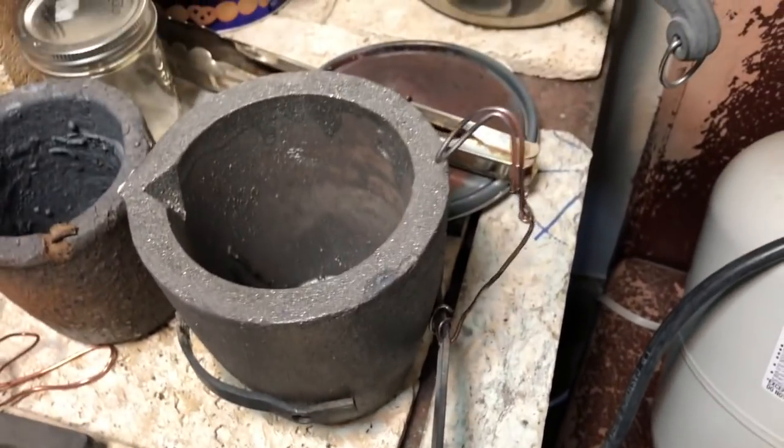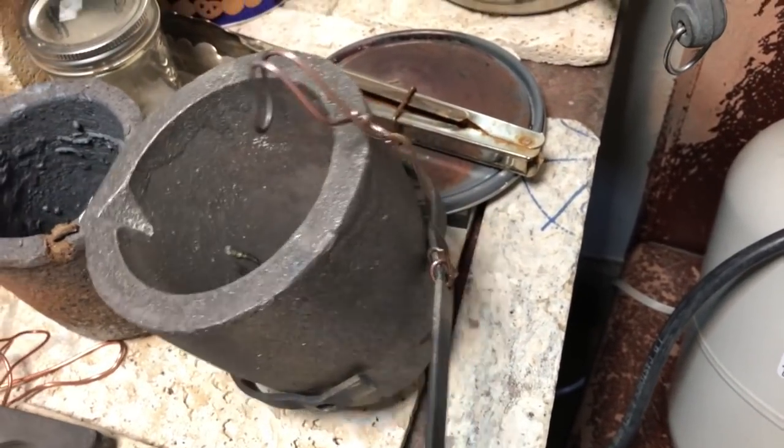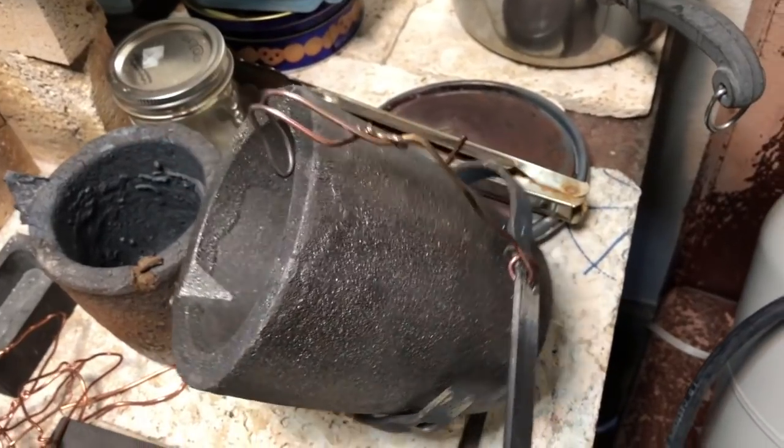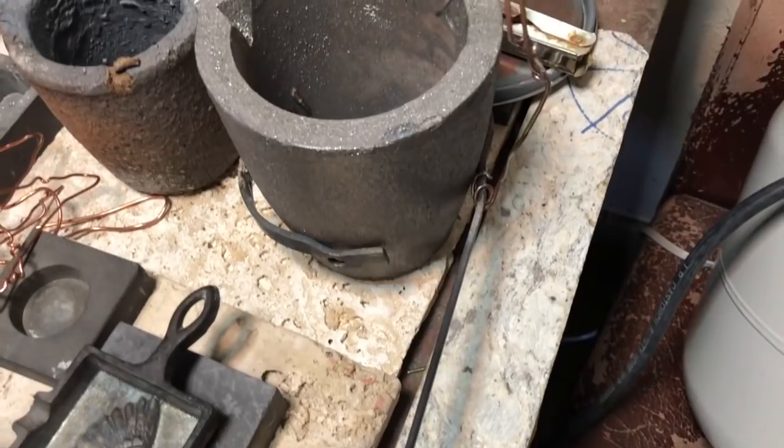I made this makeshift tong here that has a catch so that when you turn it over, you won't lose the crucible. You can't really buy tongs